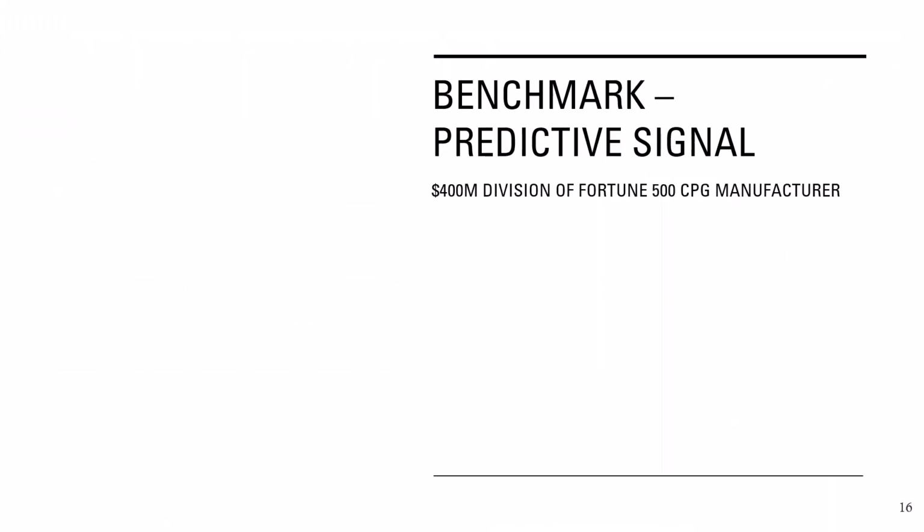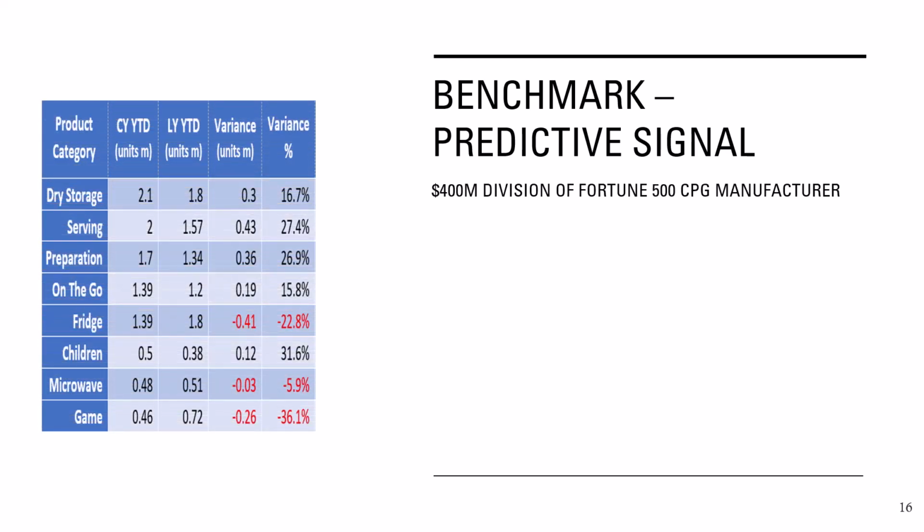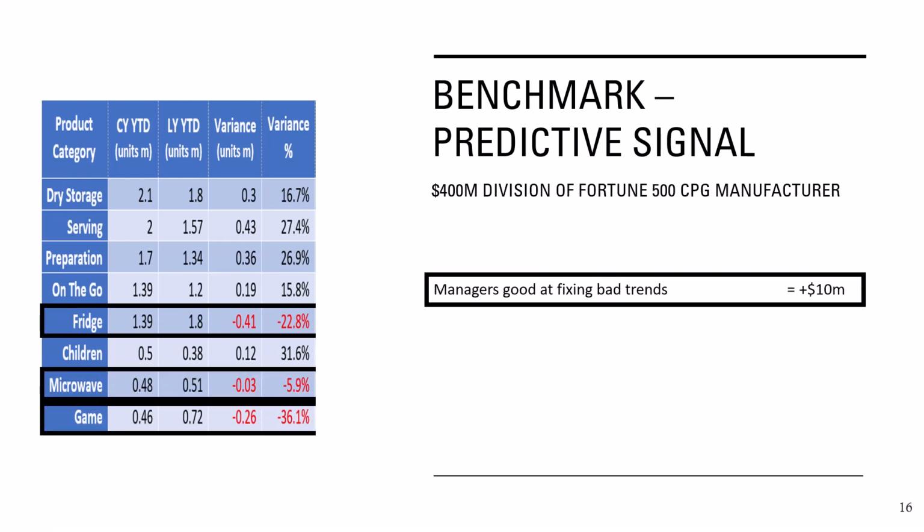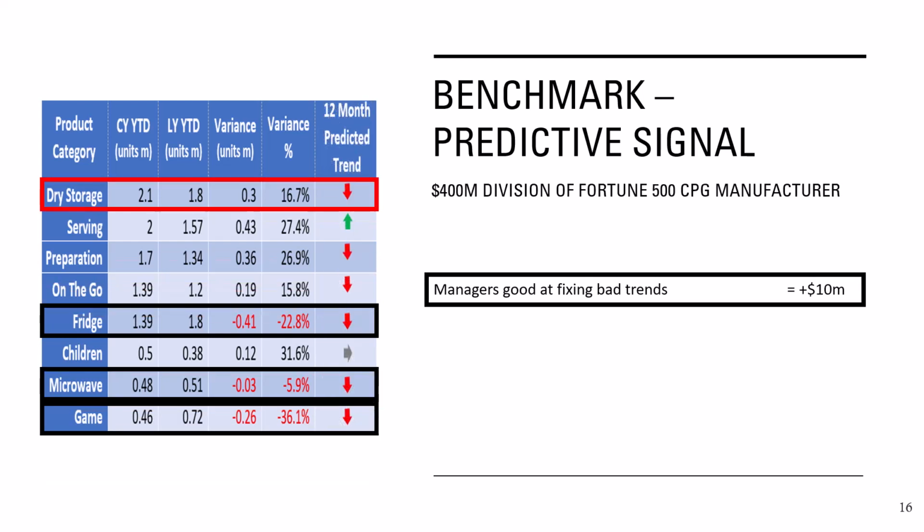Let's review a benchmark. Here, a $400 million CPG manufacturer of a division of a Fortune 500 company. When managers see a bad trend, as in year-over-year variance in the product categories of fridge, microwave, and game, they effectively took corrective action to the tune of a $10 million sales increase. But without a predictive trend signal, they couldn't see the good trends predicted to go bad with dry storage,